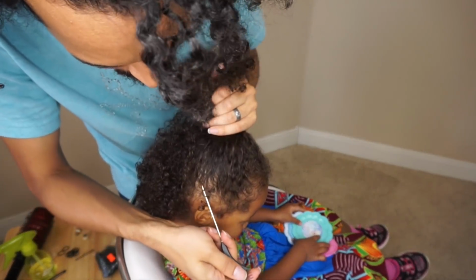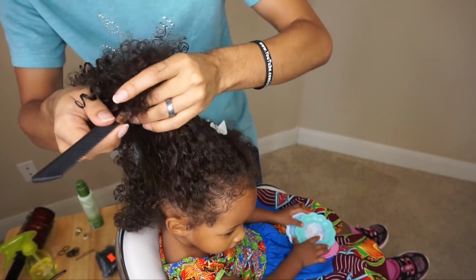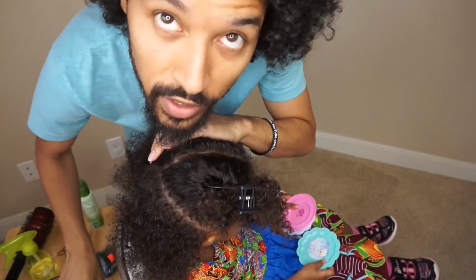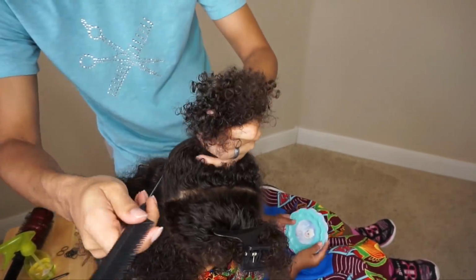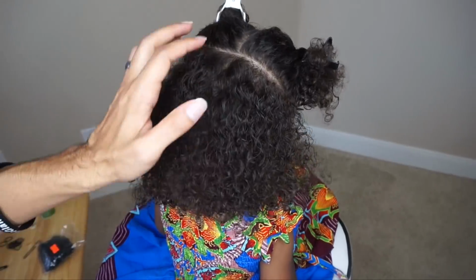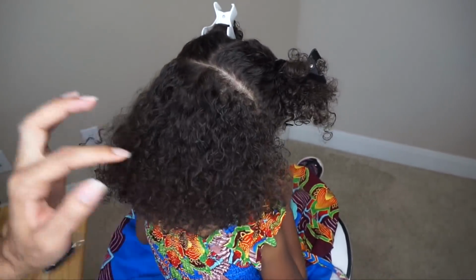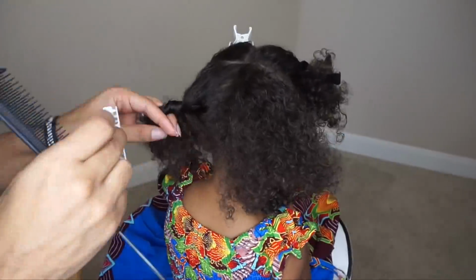So I'm just going to go ahead and part off from the top of the ear right on through the center of that crown. We're going to do the same thing on the opposite side. Alright you guys, so once we've done that, we're just going to part from the center right on continuing down the back. So once you've parted this hair down the center, you're going to go ahead and pin off the